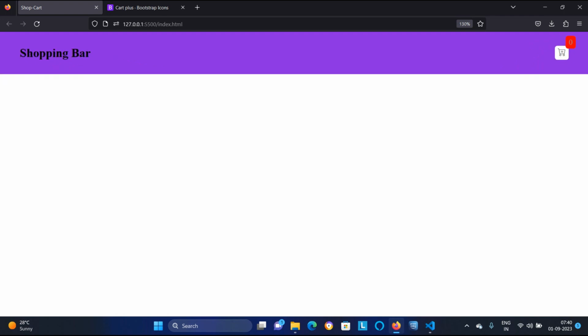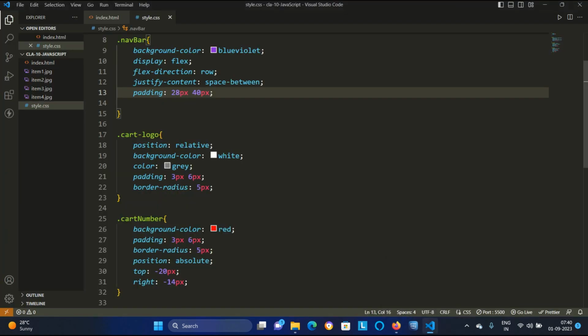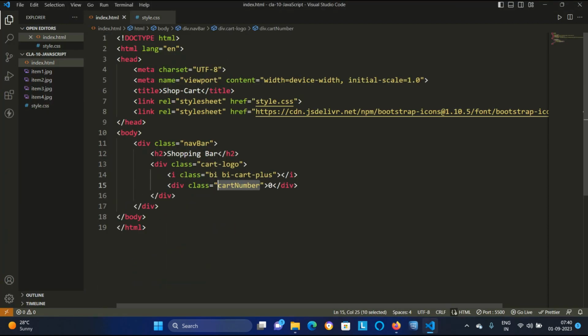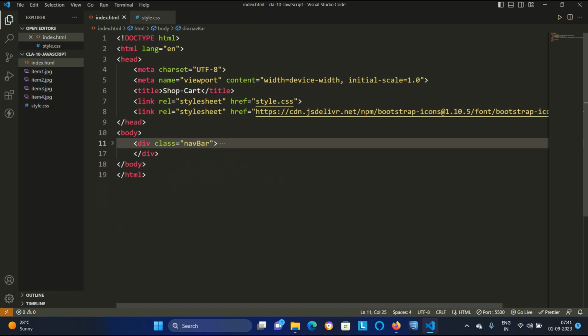So we have come to know about more CSS properties, and we have created these nav bars. Now I want to tell you how you will bring these images. Our nav bar is okay right now, so we will close this div. We have used this nav bar div, so I will close this div.